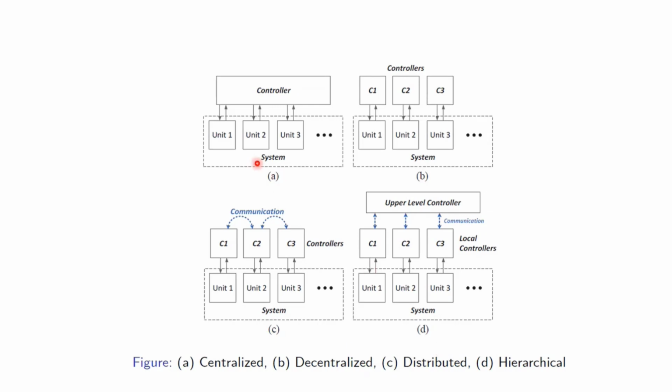Now let us go one by one. In the centralized category, each module will communicate to the central controller. Here a cell or a module may have a BMS. If it is a cell, there is no BMS involved. If it is a module, there is a BMS involved. The information from each module goes to the central controller, the algorithm runs in the central controller, and the information is fed back to each and every unit.